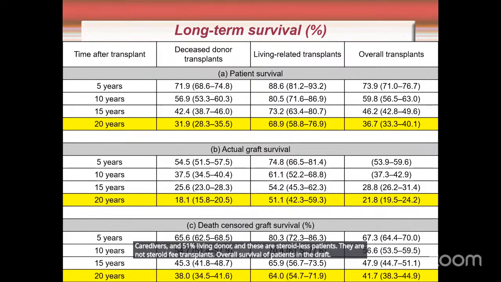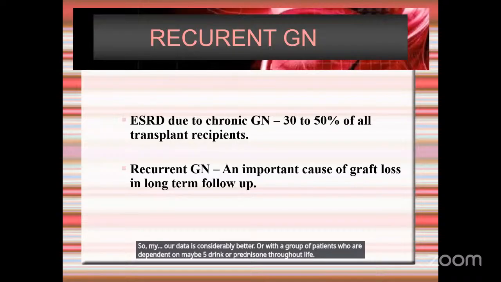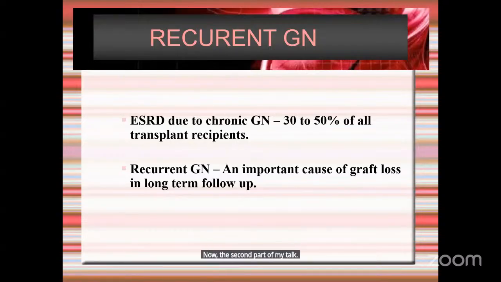And overall graft survival is 21.8% at 20 years, and death-censored graft survival is around 41%. So our data is considerably better, in a group of patients who are dependent on maybe 5 mg of prednisone throughout life. Now, the second part of my talk is about recurrent glomerulitis, because I do not think I have